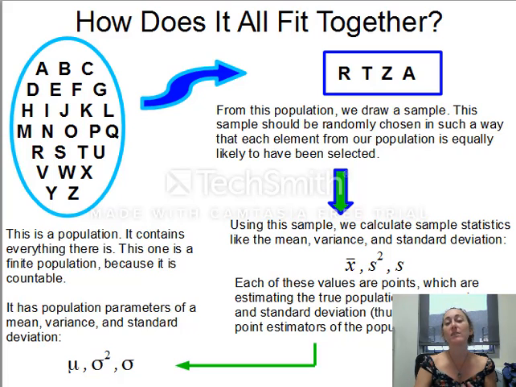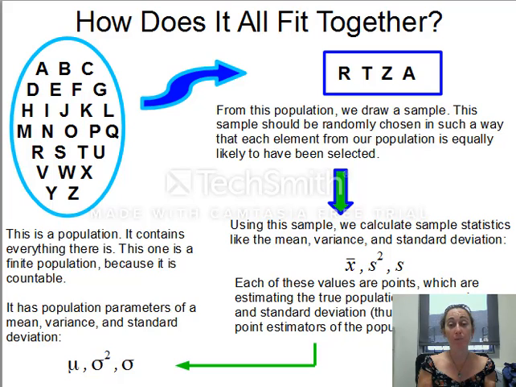Not everything is easy for us to see in the population. It's not always possible for us to calculate things from a population, either due to time or money constraints, or by the fact that our population might be infinite. If that's the case, really what we're going to do is take a sample from that population. Here you can see a sample selected in the blue box, where I picked out 4 letters from our alphabet. What's important is that every time you draw a sample, each of the elements in that sample should have the same likelihood of being drawn